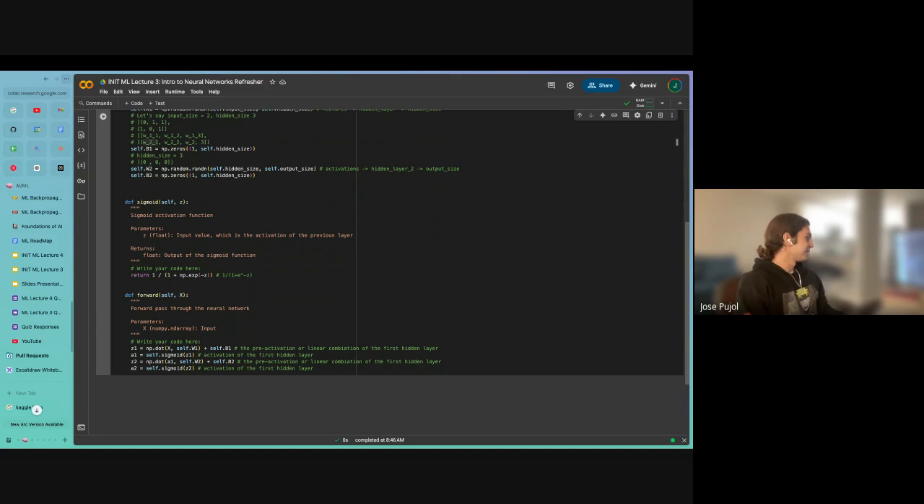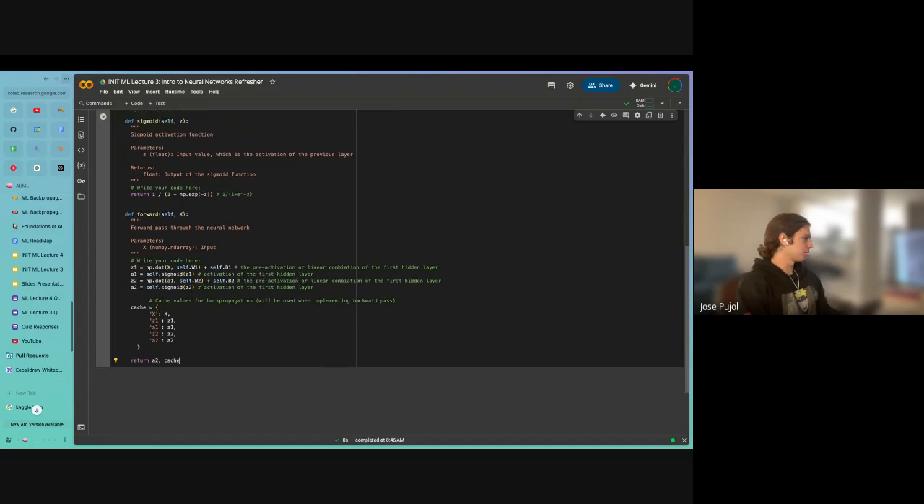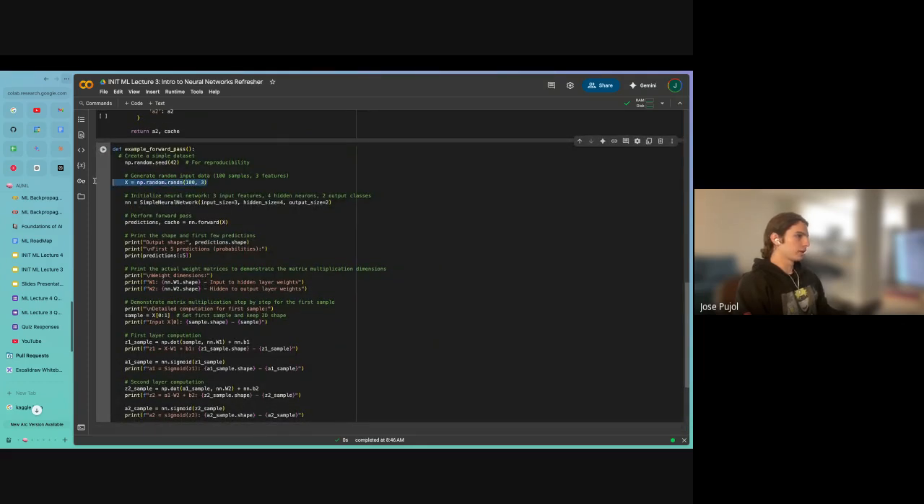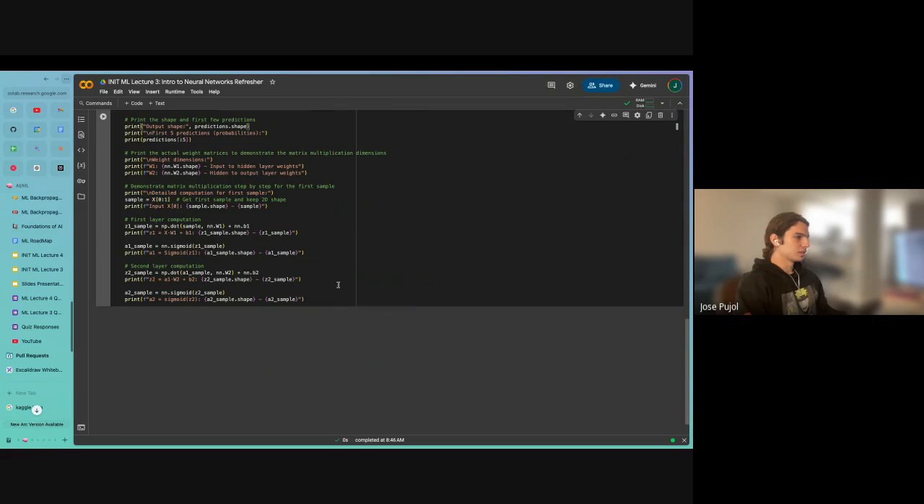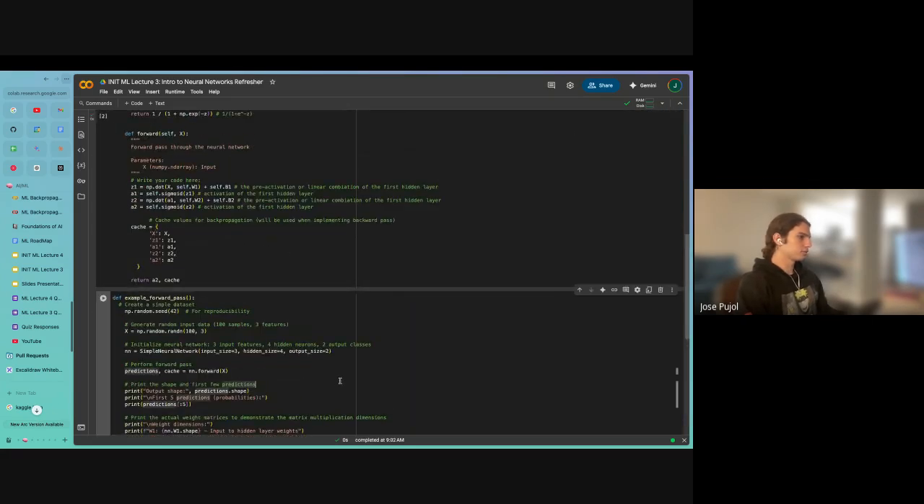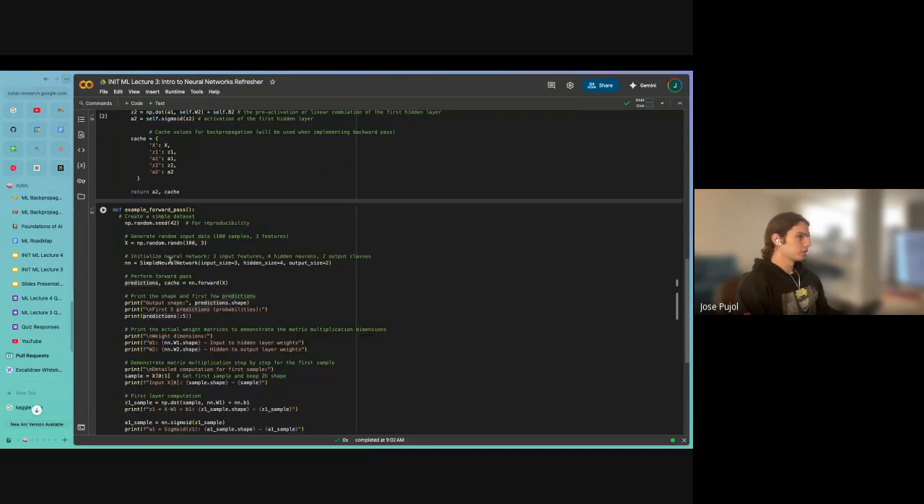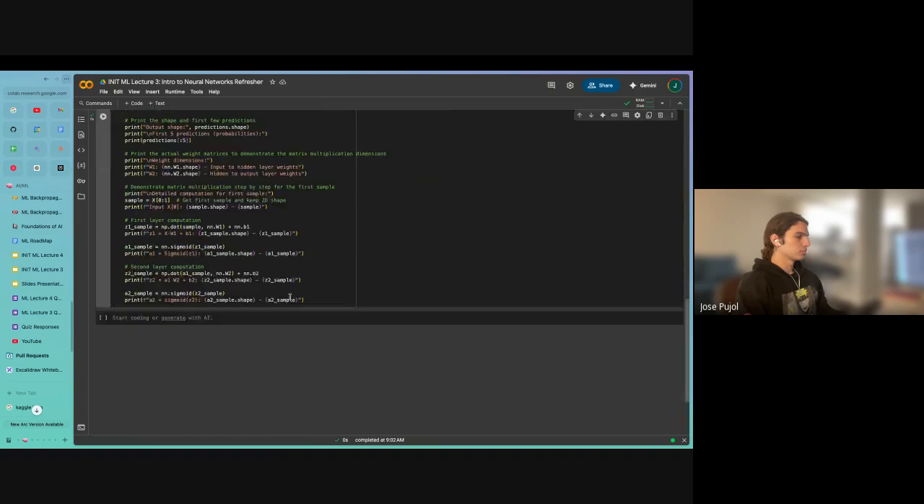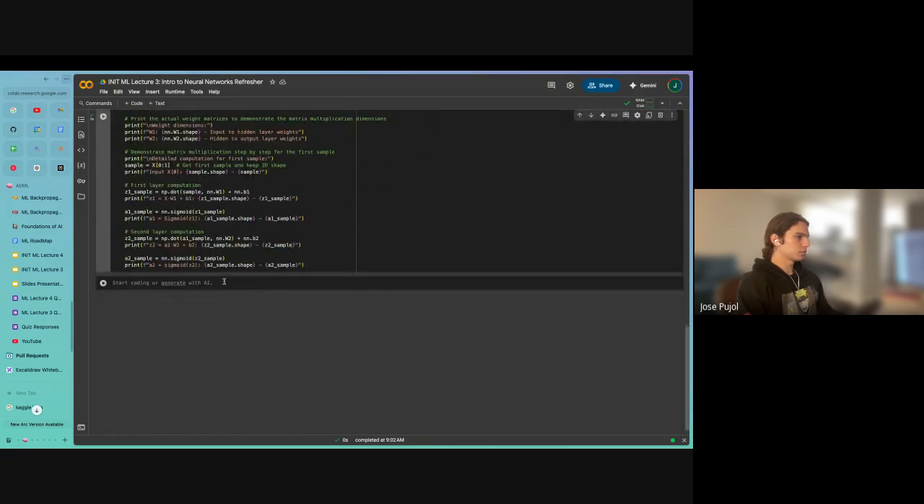Anyways, if we implemented this right, I'm just going to copy paste some of the previous things that I had just to show the example, just making a random data set. So hopefully that compiles. If you run this example, by the way, this will initialize it to an input size of 3, a hidden size of 4, and an output size of 2. And then if we run our example forward pass,